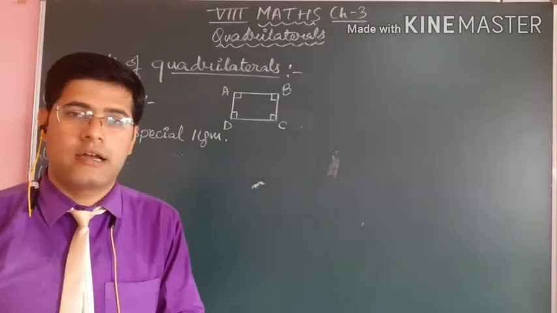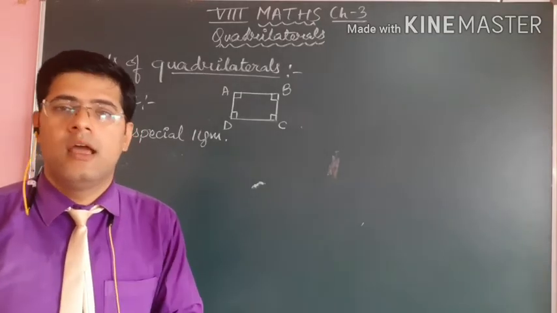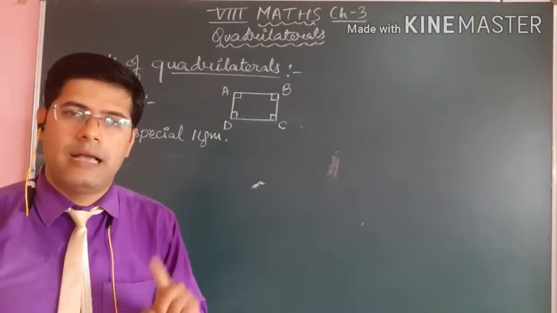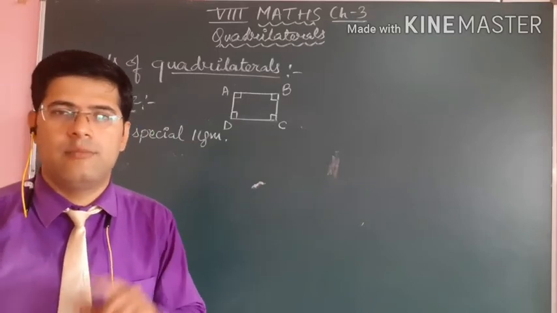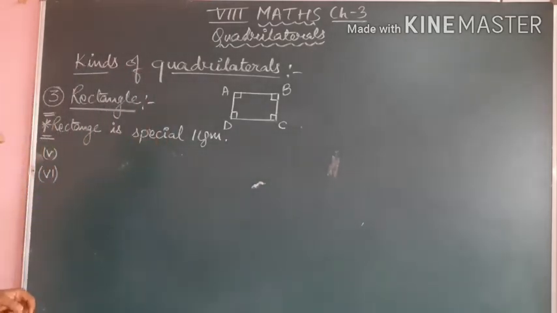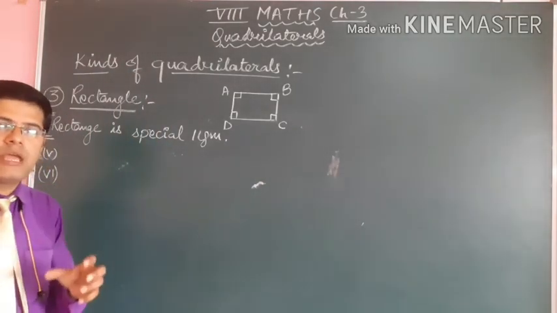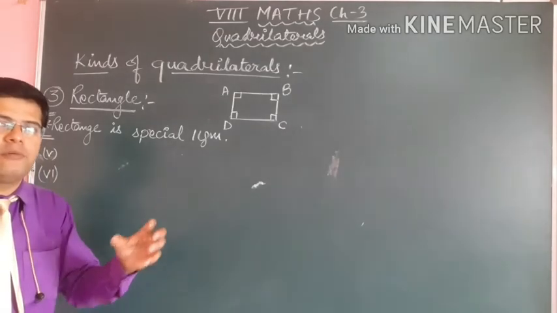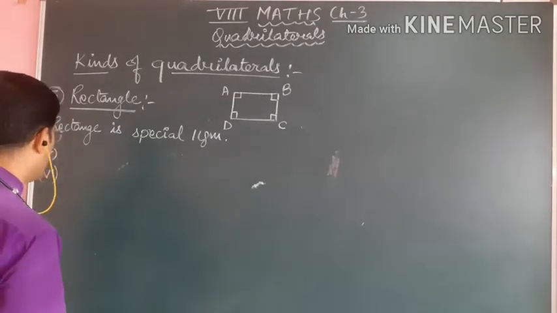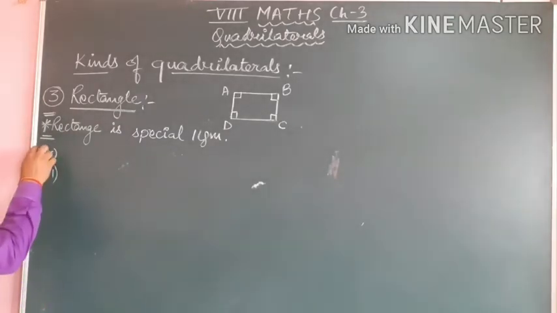It means in a rectangle opposite sides are equal and parallel. In a rectangle opposite angles are equal. In a rectangle diagonals bisect each other. In a rectangle the sum of adjacent angles is 180. After that, two special properties make a parallelogram differ from a rectangle, or a rectangle differ from a parallelogram. What are those properties? So firstly write all the 4 properties of a parallelogram along with the rectangle.